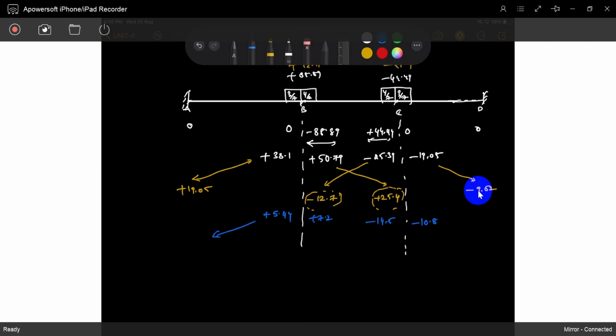What is the carryover moment? It's 2.72. Here comes minus 5.44. If you observe it, going on, the moment values are reducing because the carryover factor is a half. So the values go step by step, decreasing, decreasing, decreasing. At some point they will reach a point where those values are negligible. That is the idea. You settle, settle, settle. What remains unbalanced is again settled, again settled.